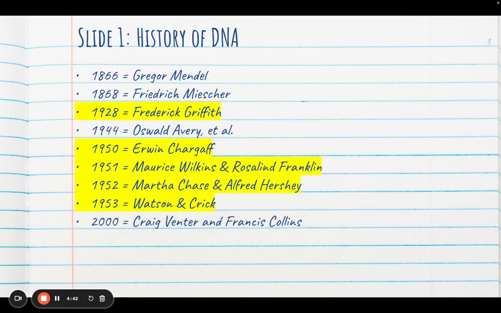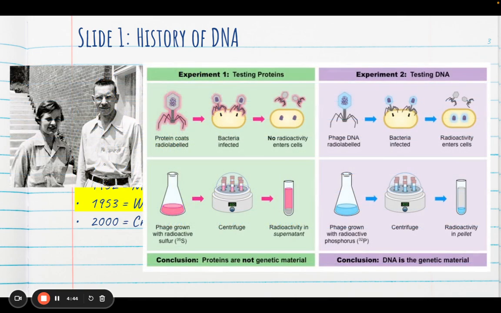Around the same time, and once again piggybacking off of the research done many years earlier, Martha Chase and Alfred Hershey determined that DNA was in fact the material that was inherited and not protein. They confirmed that DNA was in fact the transforming principle and therefore genetic material, which disproved previous ideas that protein was the inherited material. From the diagram provided on your screen, you can see that Hershey and Chase's experiment centered around bacteriophages, specifically viruses that infect bacteria.